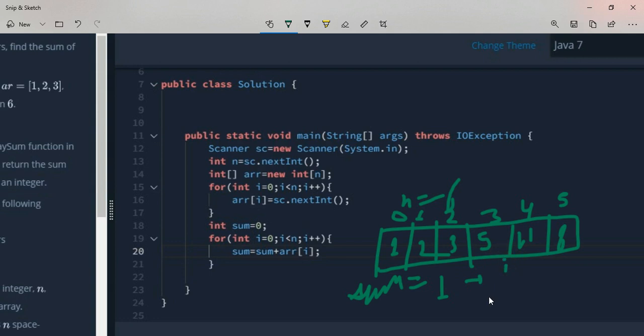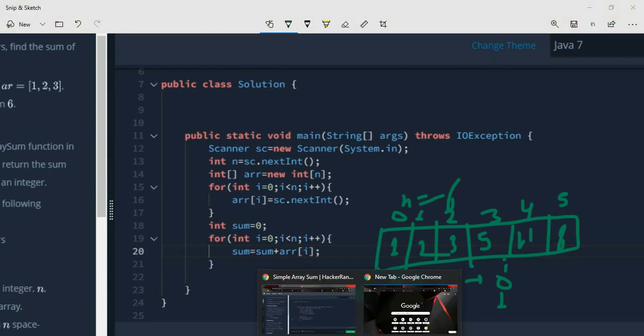Here I am going to show the value of i. So here i is 0. When i becomes 1, then sum is going to be 3, because the values of index 0 and index 1 will be added. And similarly this will go on, and after completing the loop it will return the sum.